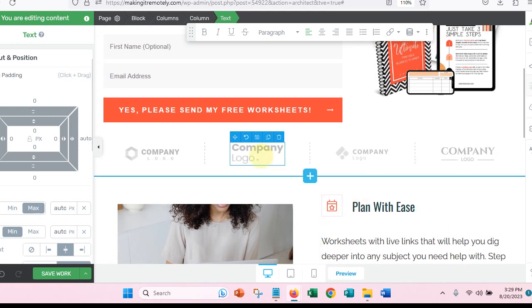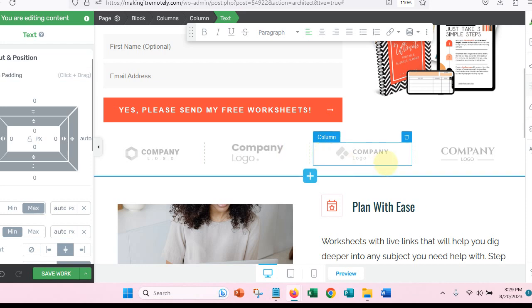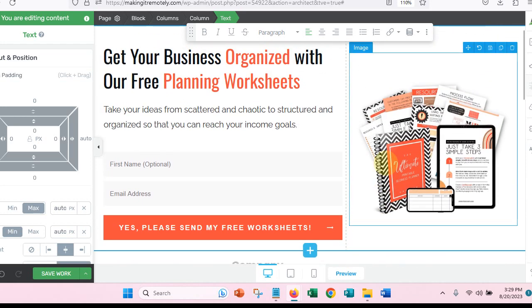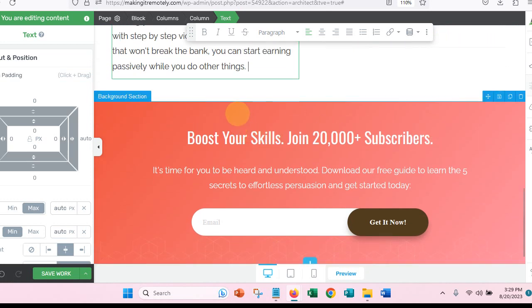Doesn't look like it. I'm just going to leave it alone. But these are some elements that you can use to highlight other companies that maybe you've worked with. I'm going to leave it in there. And I'm going to also,